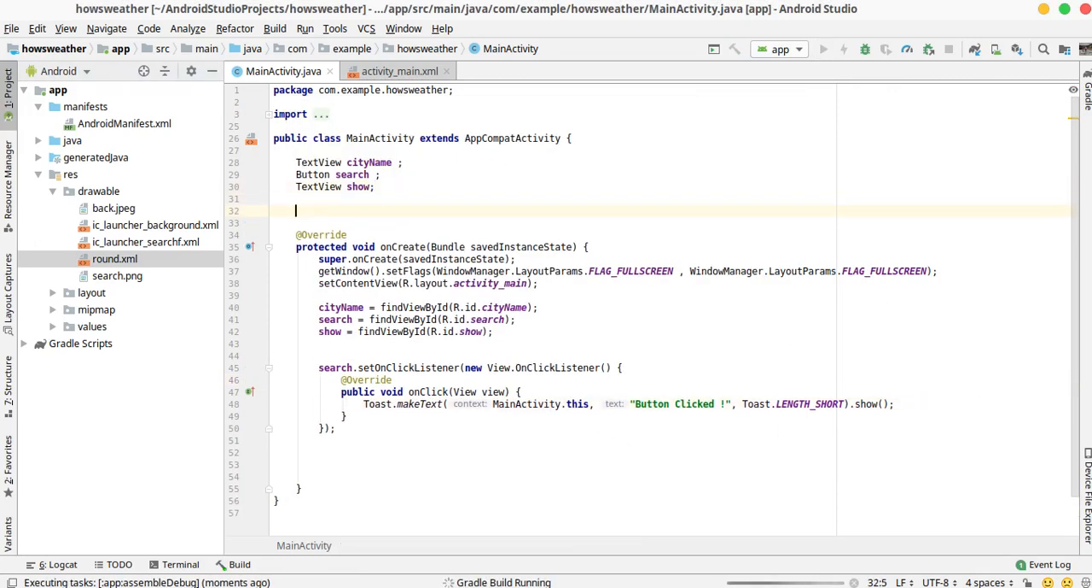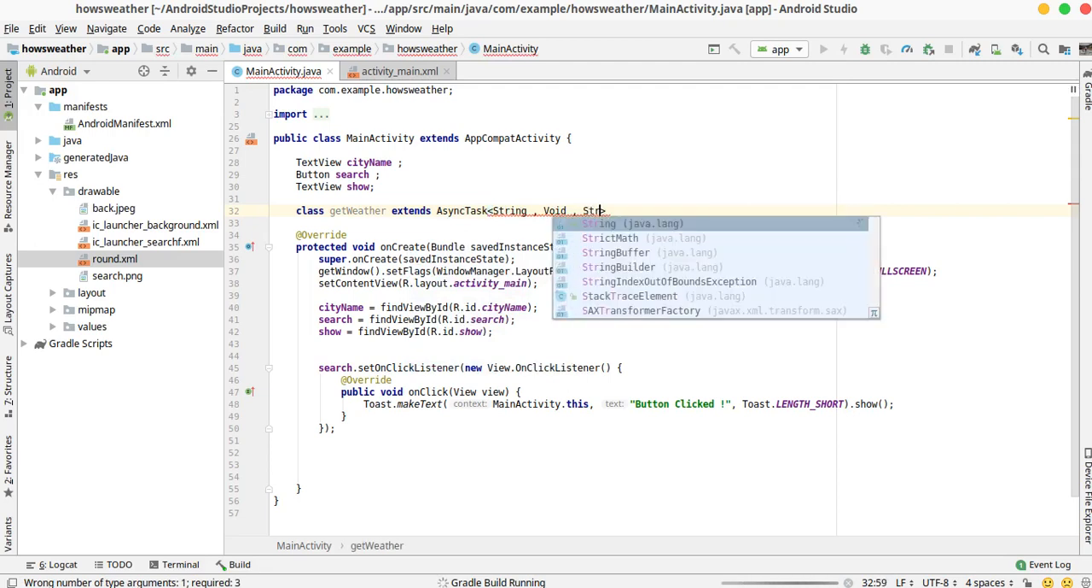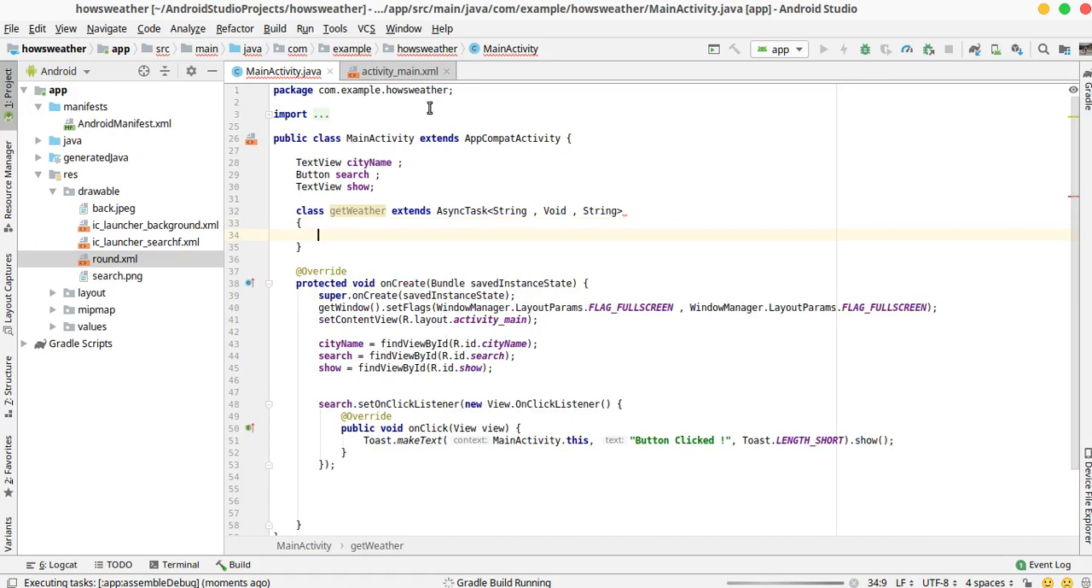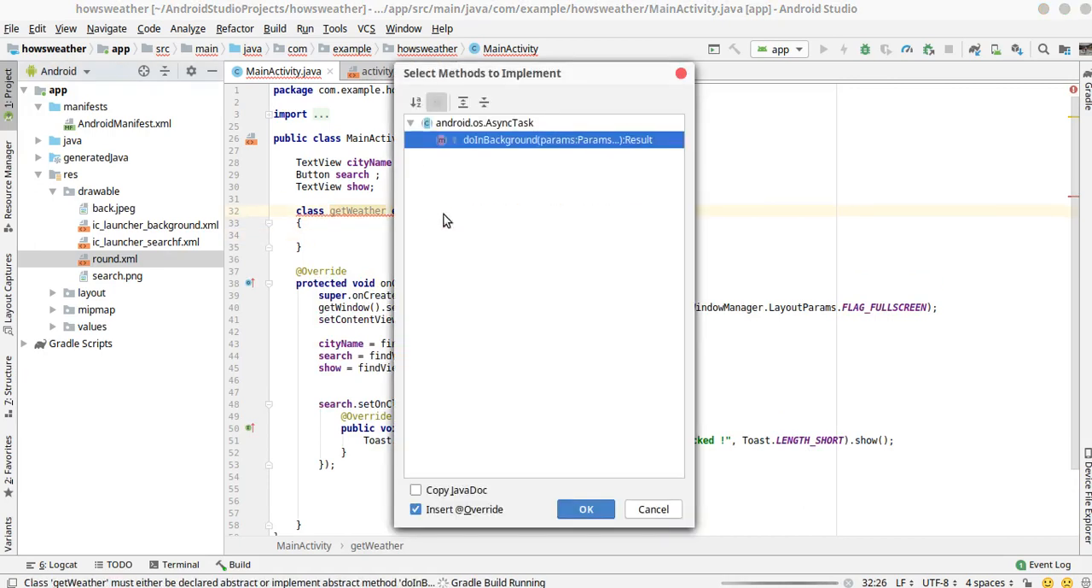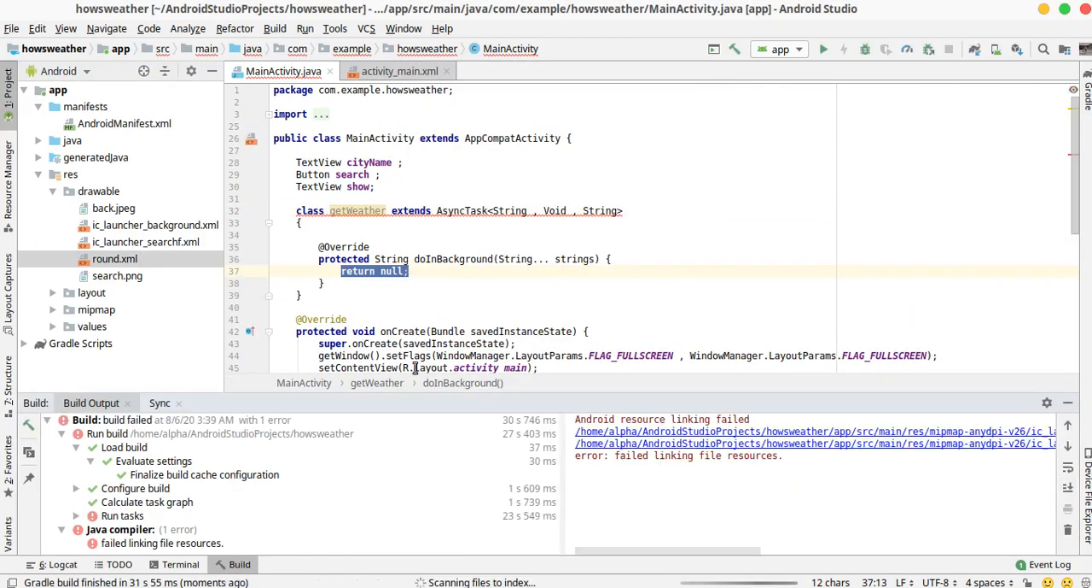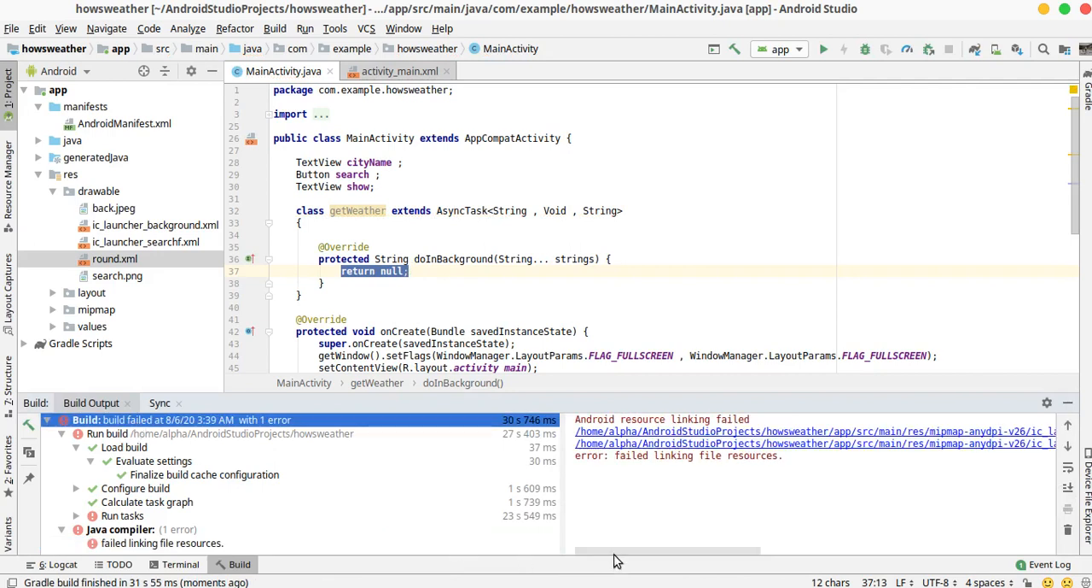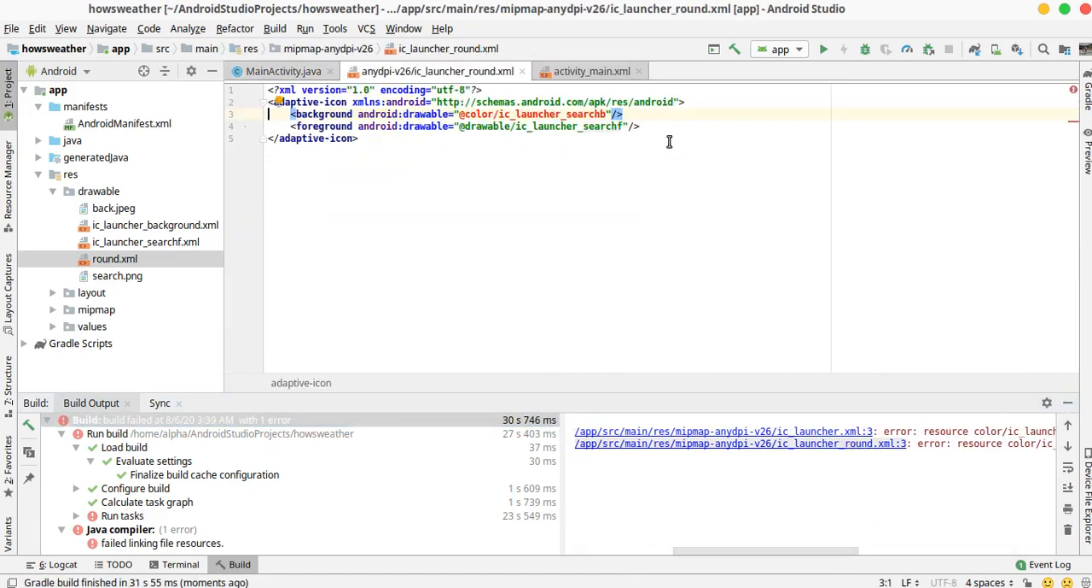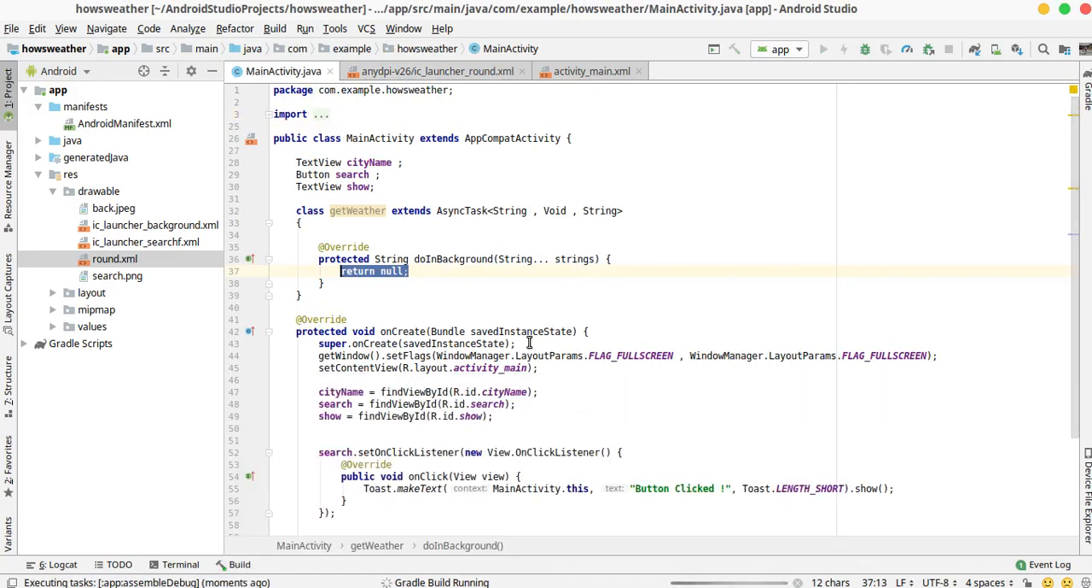Okay, so I will need one class named getWeather, which will extend